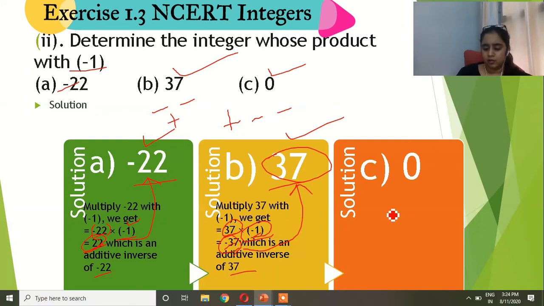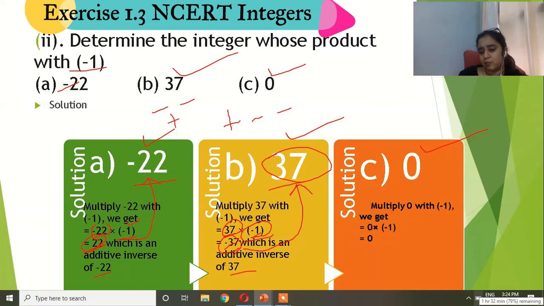And we will do the third part, and in the third part they have given me the value 0, and we have to multiply that 0 by minus 1. I have told you so many times that if you multiply any number by 0, you will get the answer simply 0. So when I multiply 0 by minus 1, I get the answer 0. In a 0, we do not take care of the plus and minus sign, simple 0.